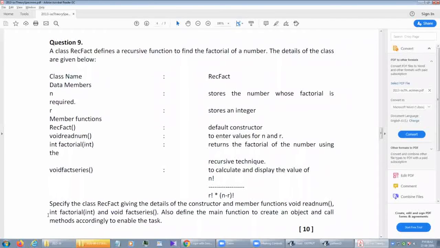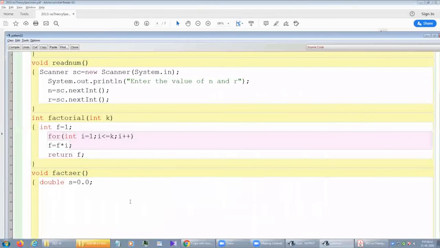Mind one thing, factorial is applicable for positive numbers only. So what we need to do is check if